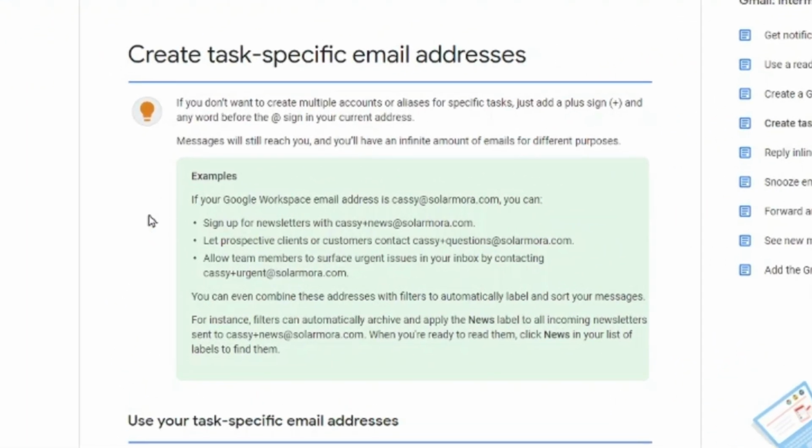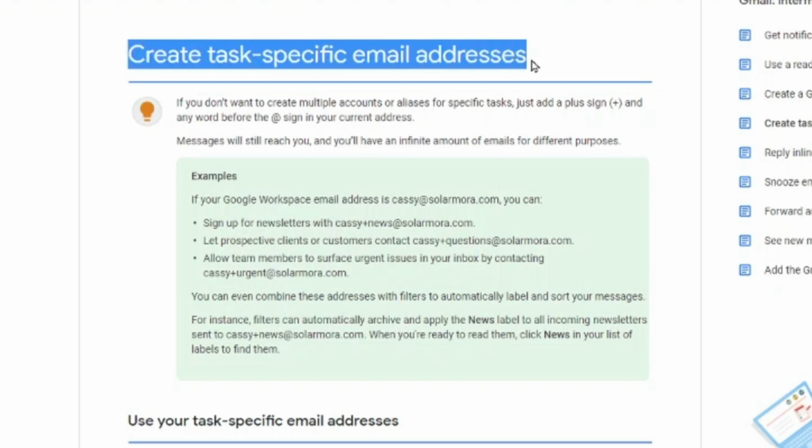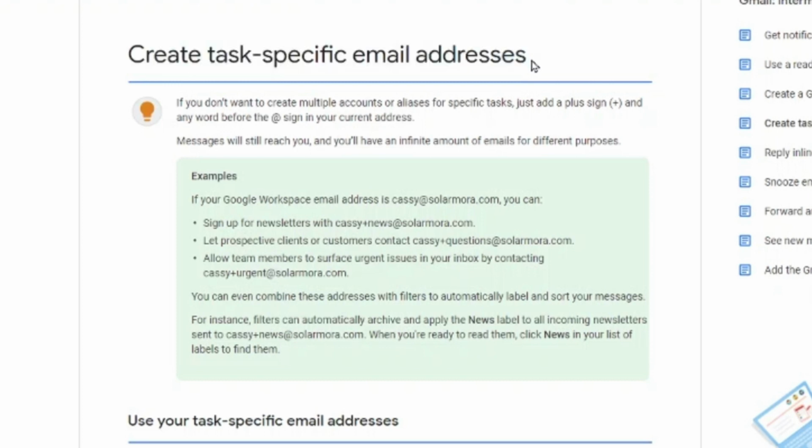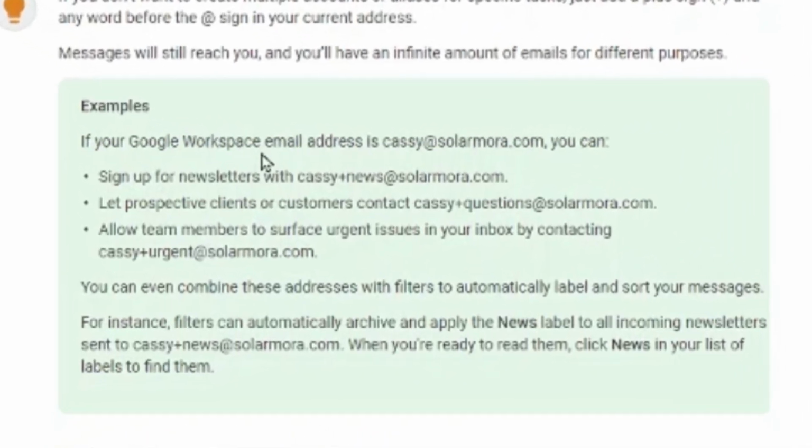I'm on the support page for Google Workspace, and how it defines using the plus symbol is by saying create task specific email addresses, which means that if there is a particular task and you want to assign an email address for that, you can simply say like admin plus test or admin plus news @solve.co.in. So what Google is saying is that if your Google Workspace email address is